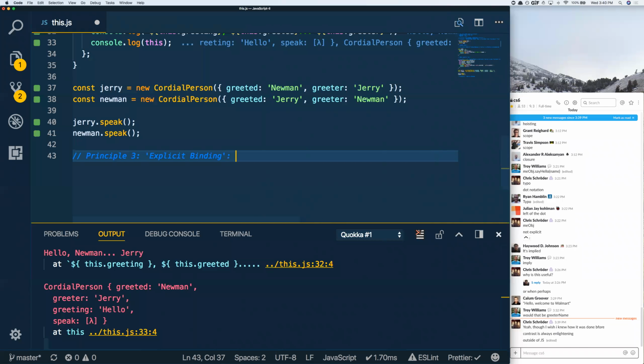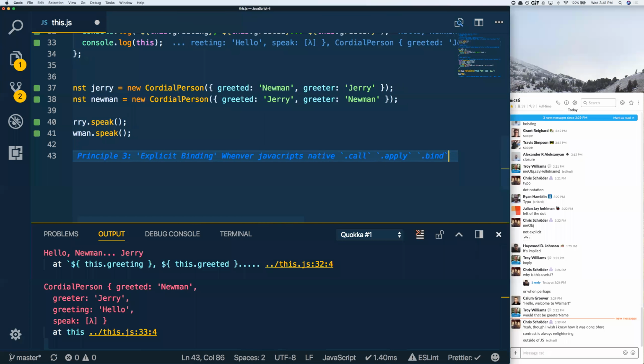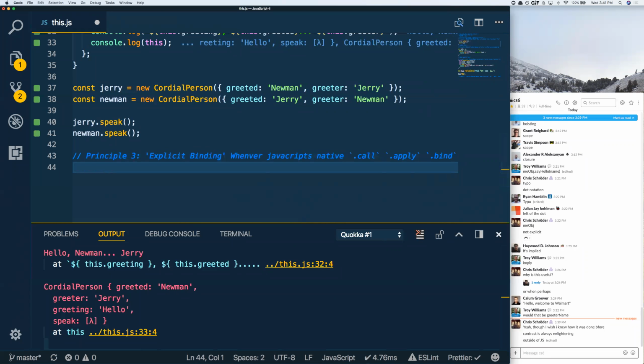Okay? An explicit binding is going to be whenever JavaScript's native .call, .apply are used, and even the .bind method. Okay. So we used the call method earlier